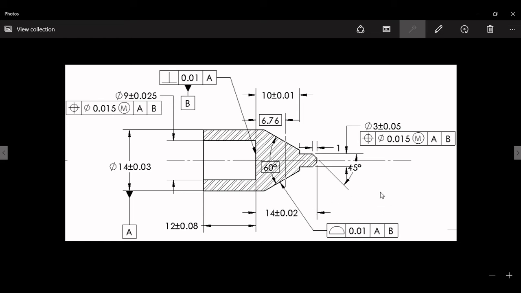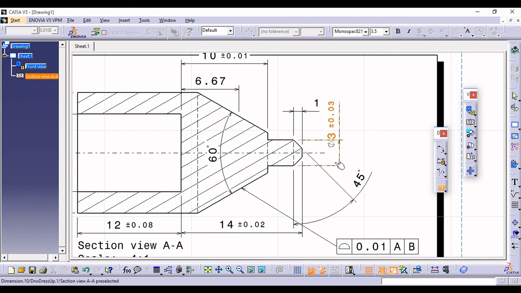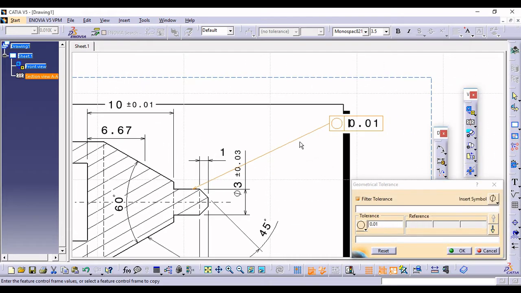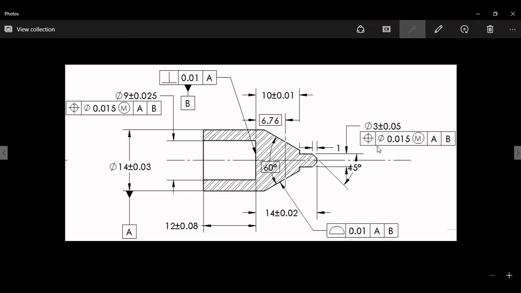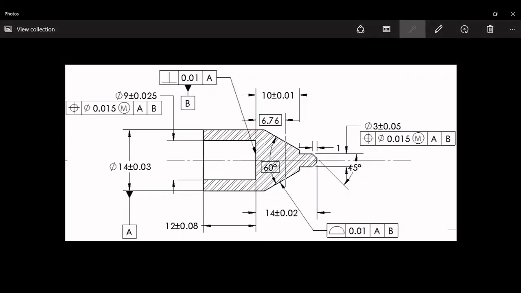Now similarly I will show you one more, this one, how to come up with this one. So again select this, apply this over here and simply drag. Okay, now what we want here is a positioning symbol. So select here, we have the position symbol here. Then the next one is to type its value. The value is 0.015, but before that here we have the diameter.